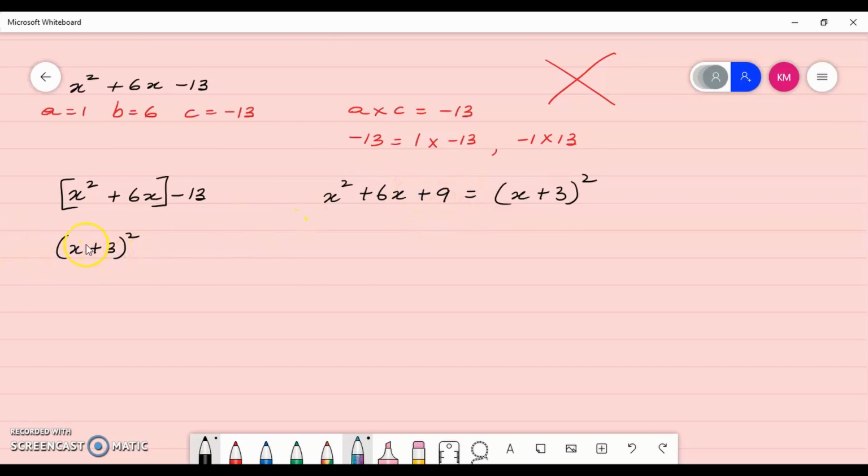So what we can do is from this we can take out that 9. And this here should result in x squared plus 6x. So now, after writing this, we can simply put back this part. Take away 13. Now we can simplify: x plus 3 squared, negative 9 take away 13 is negative 22. Now this here is in the form